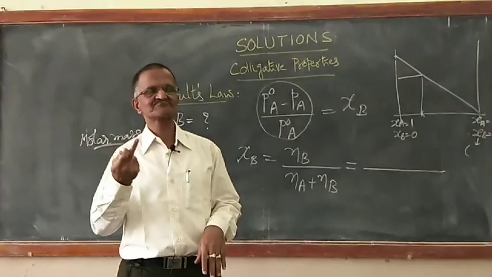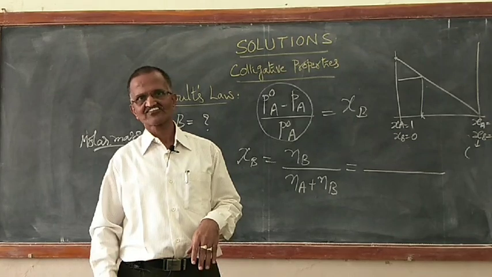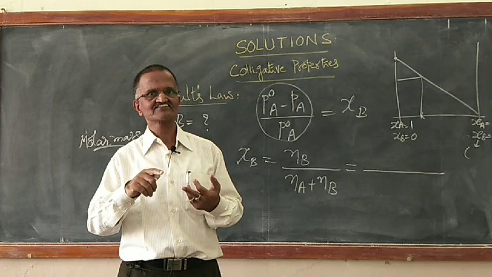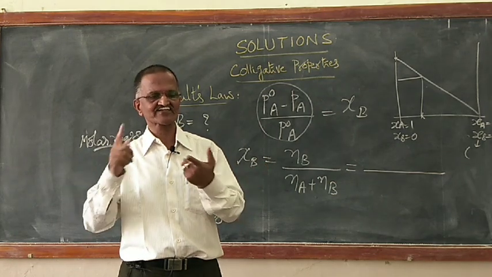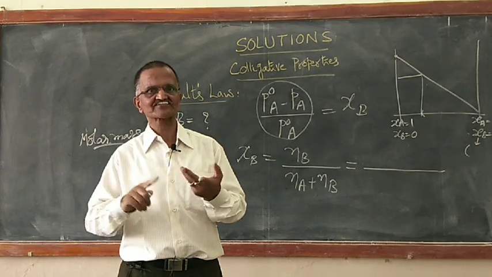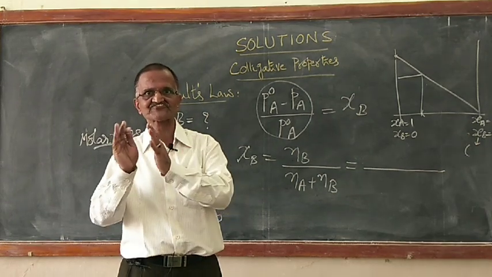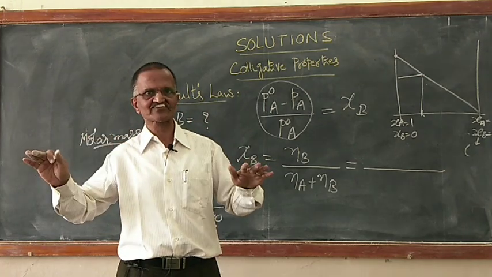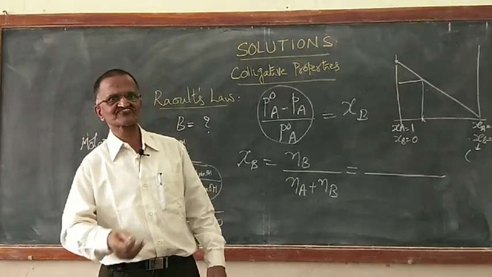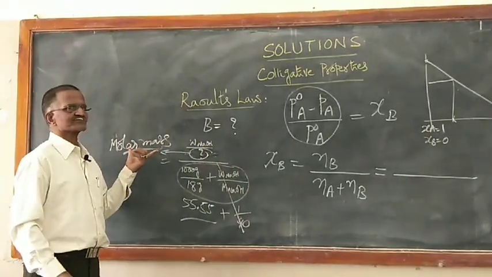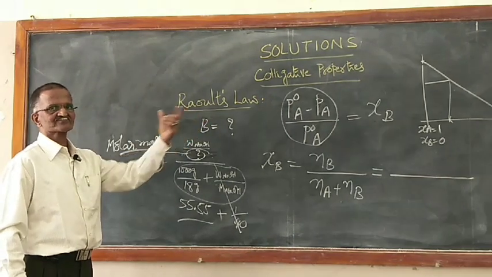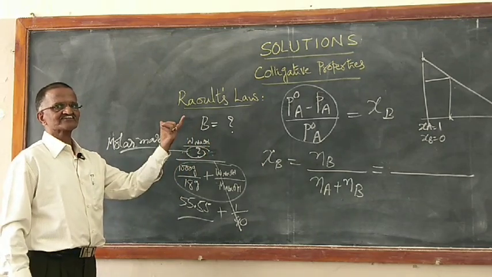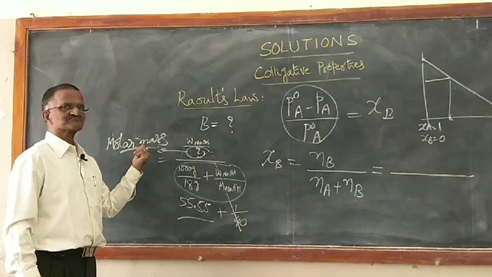Who will give you that molecular mass? Unless you know how many atoms of each kind are present in one molecule of the substance, I can't tell what the molecular mass is. I can only tell these are the elements that are present, these are the number of atoms present in this ratio, but how many exactly are present, that I can know only if I know the molecular formula. If I want to know the molecular formula, what should I do? I should know the molecular mass, because molar mass divided by empirical formula mass gives some ratio, then afterwards we multiplied the empirical formula, then we arrived at the molecular formula.